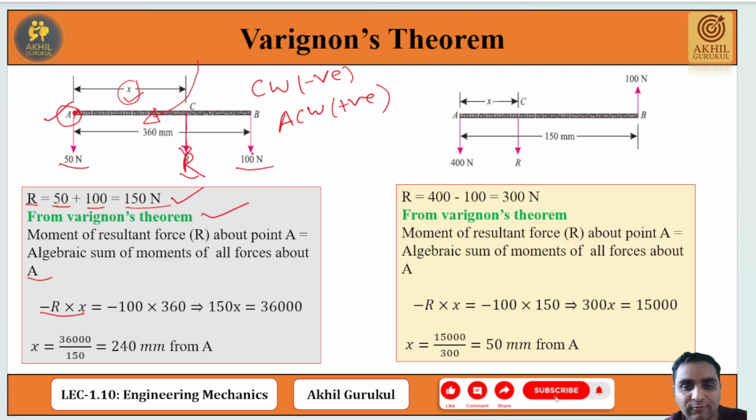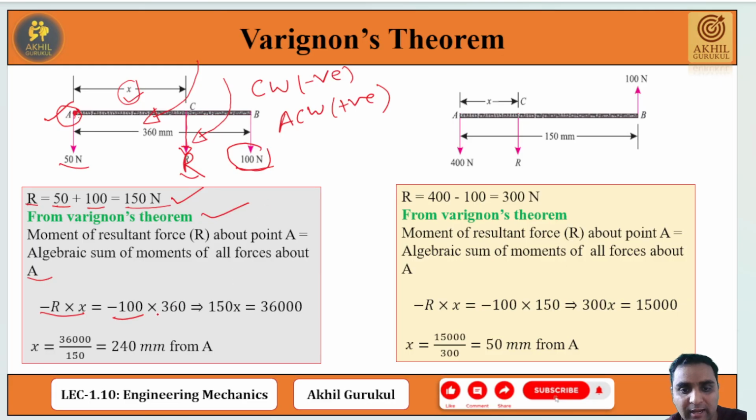Again, next force is 100 Newton. So moment of 100 Newton force about point A, it is also acting downward, so it creates clockwise moment. So I consider negative. So minus 100